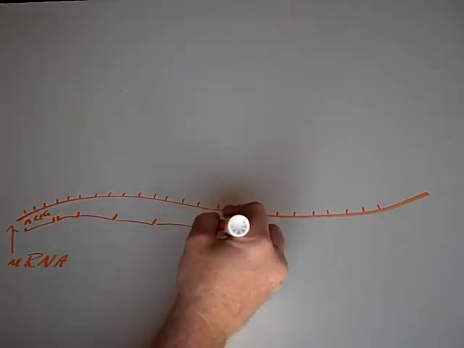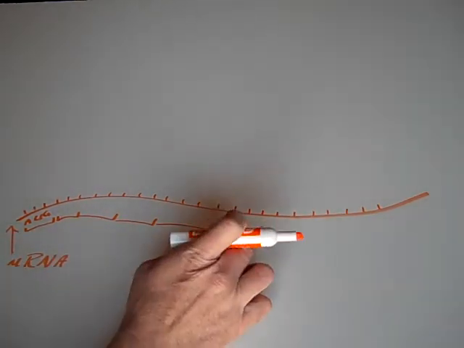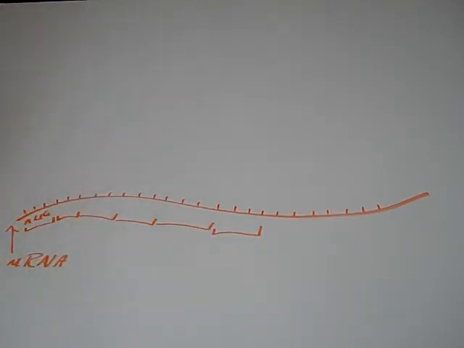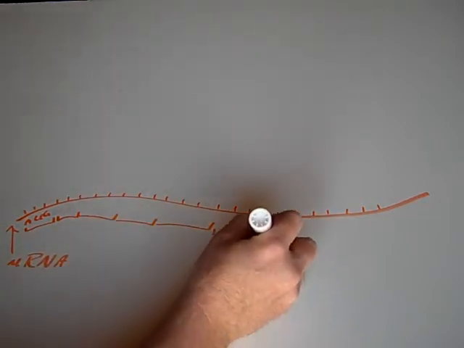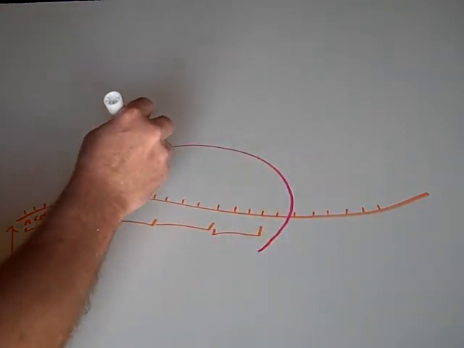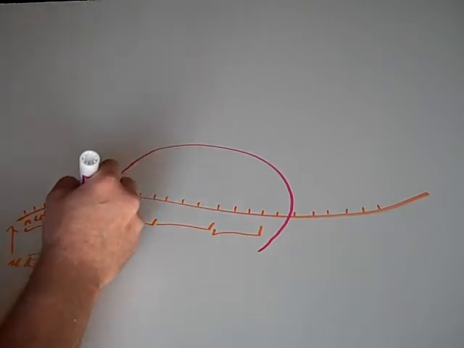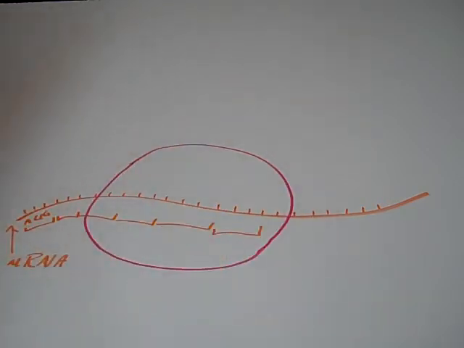Now what I'm going to do is I'm going to come all the way over here. I have these blocked off as three groups of three nucleotides at a time because each of those is referred to as a codon. Now what a ribosome does is a ribosome reads the codons and matches them to anticodons on other pieces called